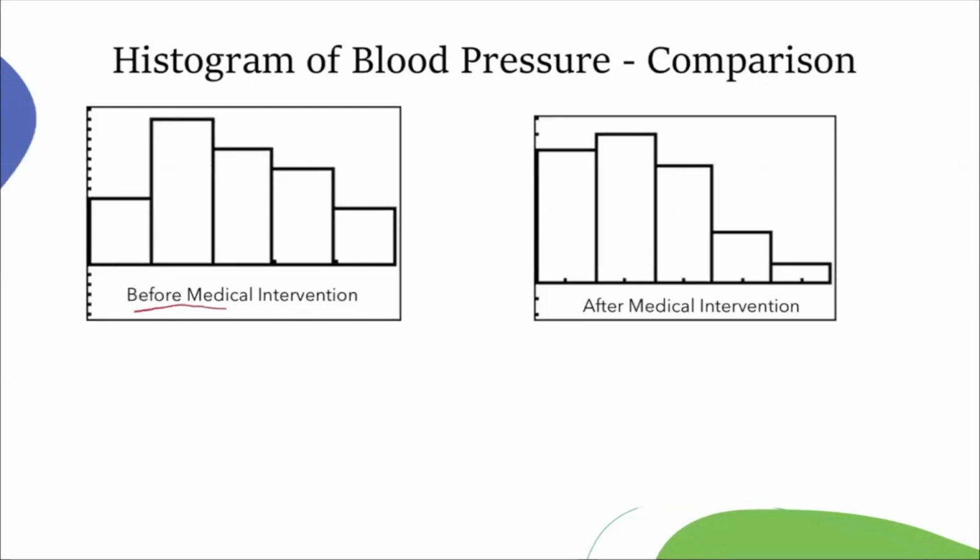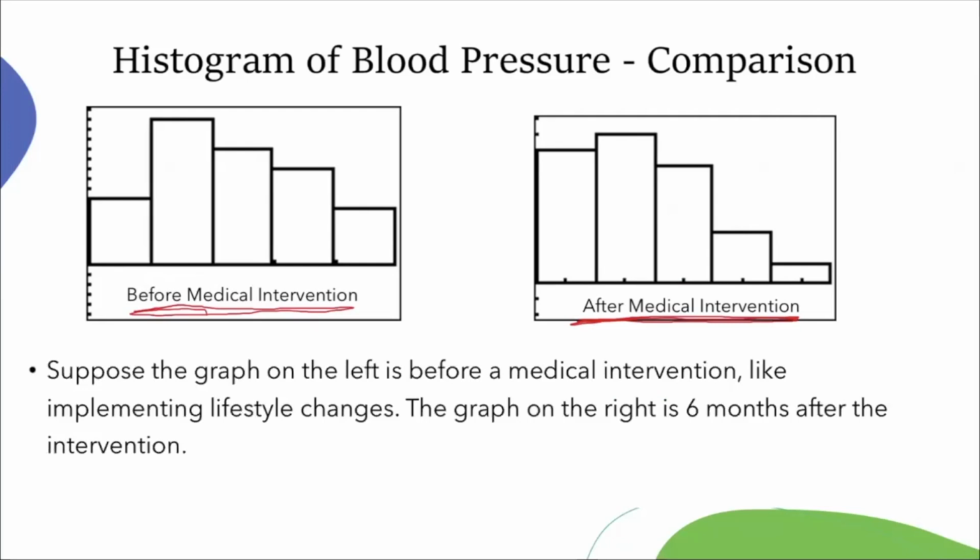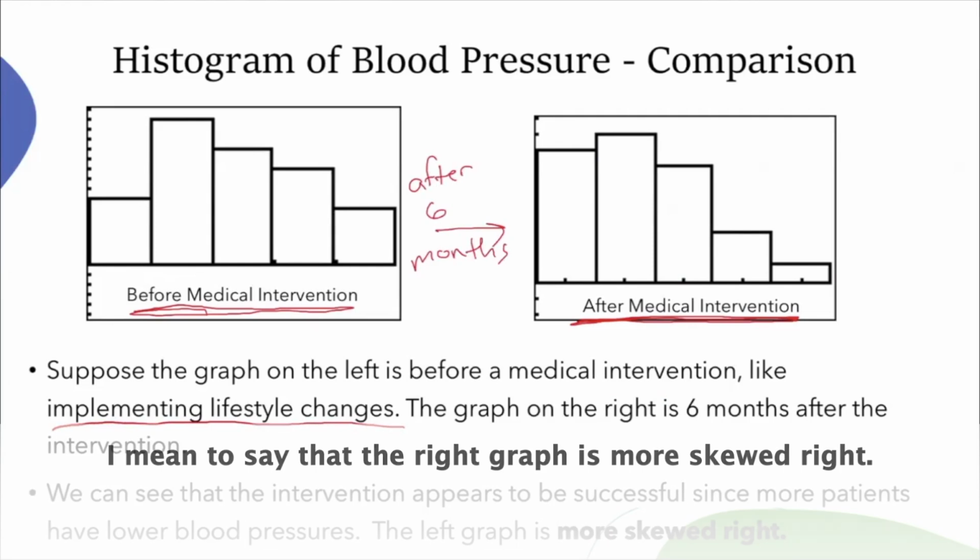Imagine what we created was before medical intervention, and maybe we did some kind of intervention and then took more data results and graphed those. And this is what our histogram appeared to look like after medical intervention. So maybe our intervention was implementing lifestyle changes. The graph on the right, after 6 months, appears to be even more skewed to the right. Remember, this one was slightly skewed right, but this one is even more skewed right,